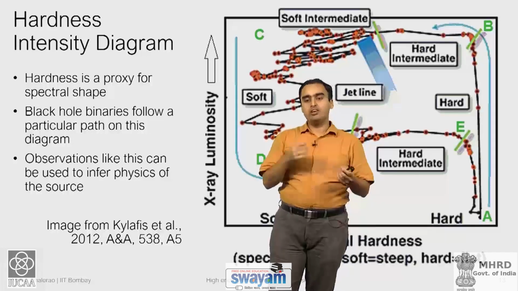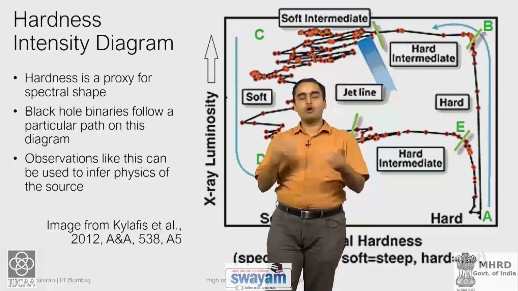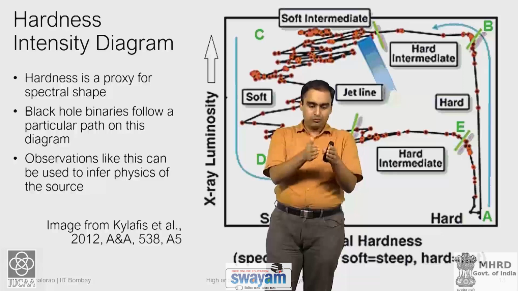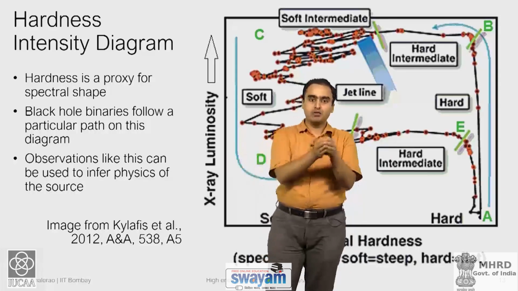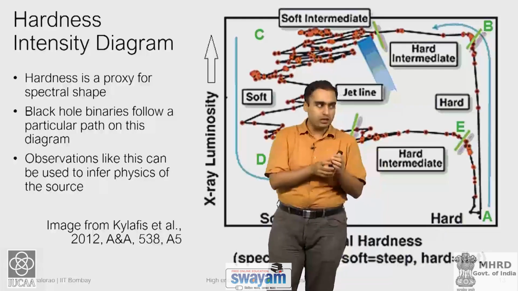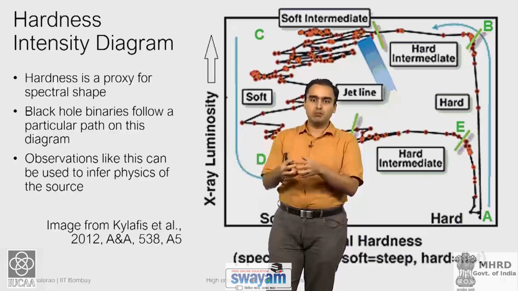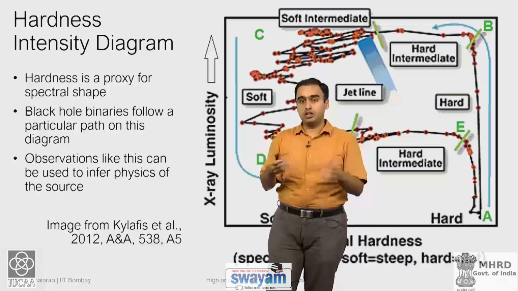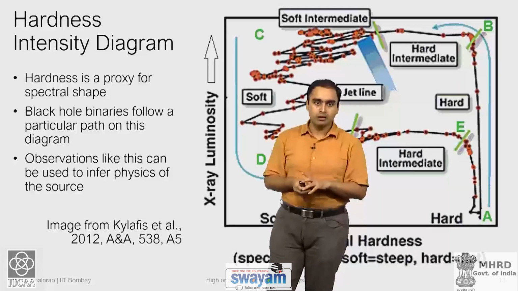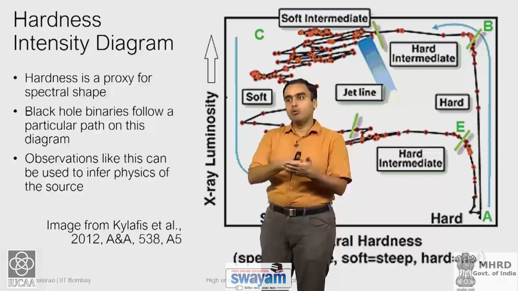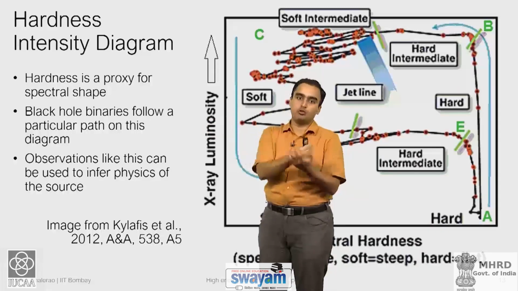So, what I say is that, is the source relatively hard or relatively soft? There is a quantitative way of describing it, which is the flux in one band divided by the total flux you measure in another band. So, flux which you measure from say 20 to 40 keV divided by flux measured in 10 to 20 keV, it depends on what instrument you are using. Okay. So, a harder source is emitting relatively more photons at high energies for every photon it emits at